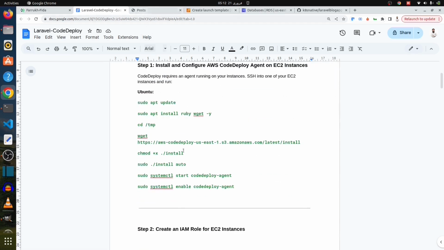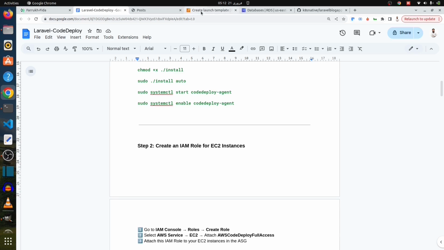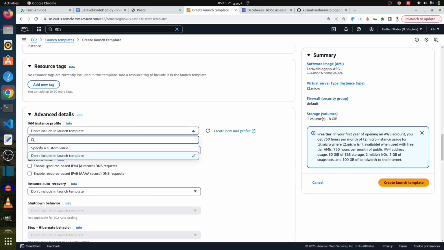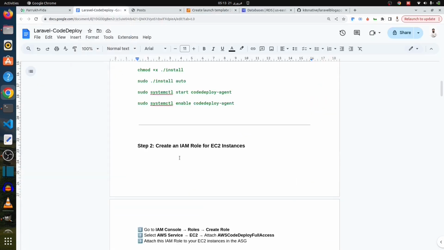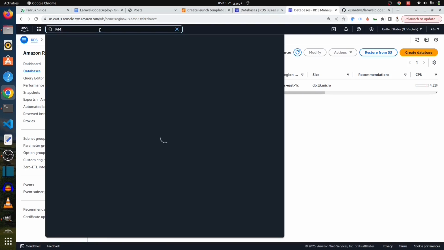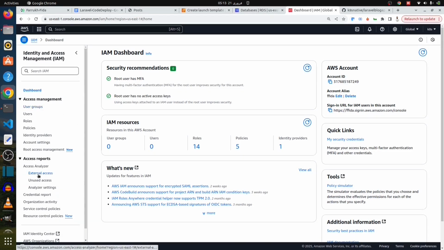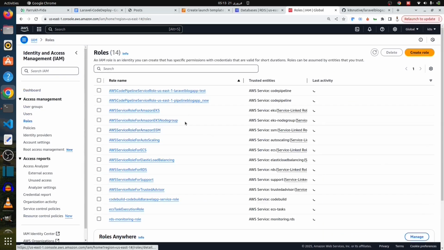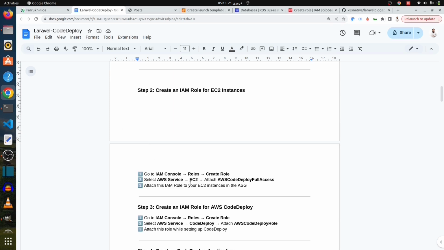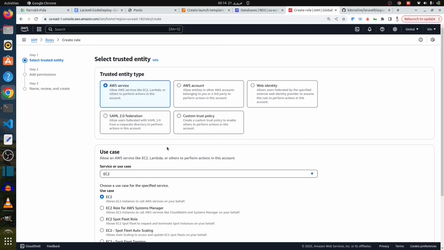So before doing that, I just need to create the IAM role, because I need to add the IAM role here. Since I don't have any IAM role created, that is why I need to create the IAM role specifically for this EC2 instance. Just go to roles and create role. Let's follow our sheet. We need to create for AWS EC2, use case EC2,